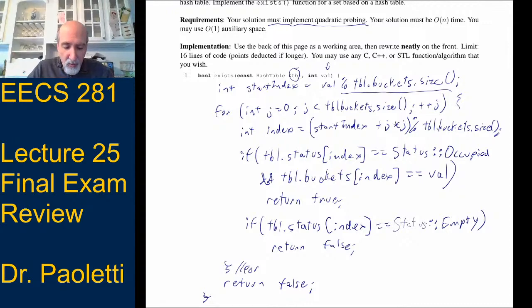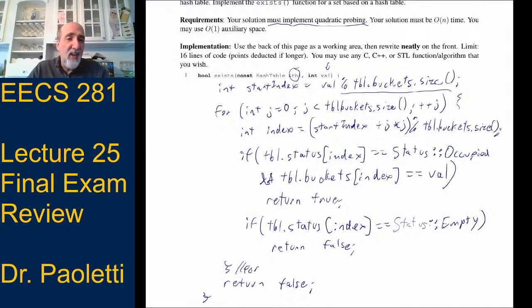Whatever it is, that's the end of the function. So we've got to return false to say we never found it. So this one should just keep looping around until it either finds it, finds an empty one, which means we can stop, or the loop just has to stop.